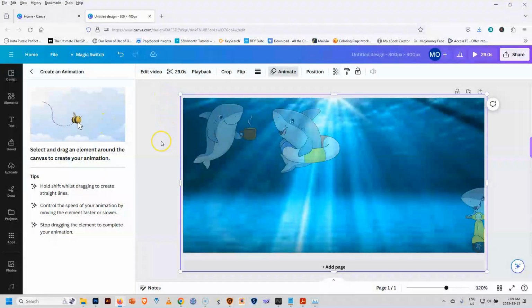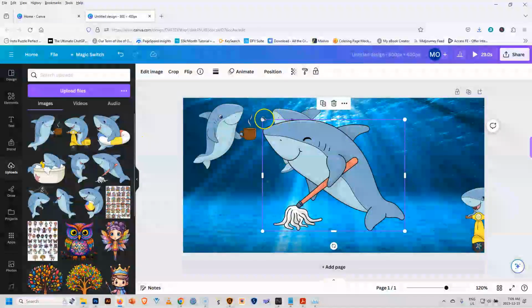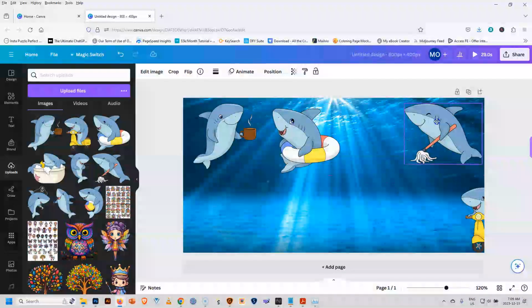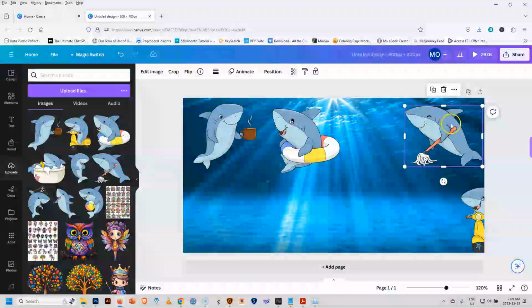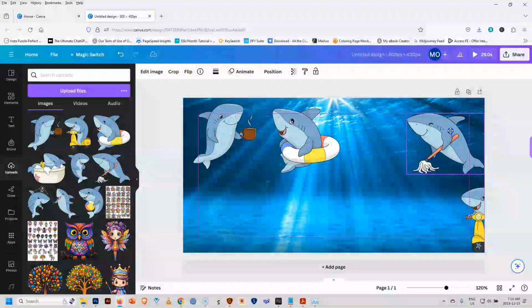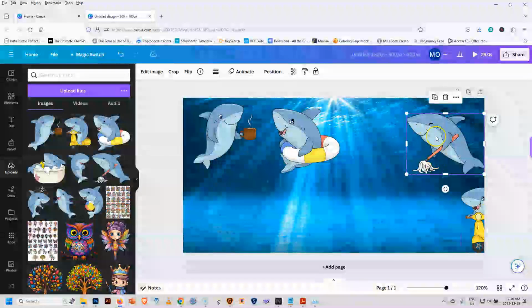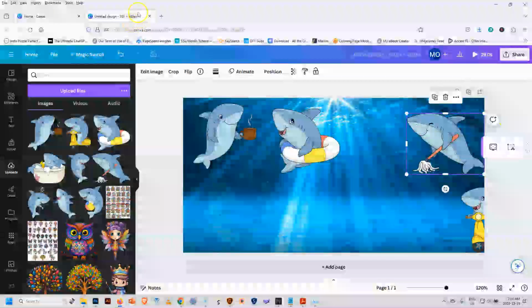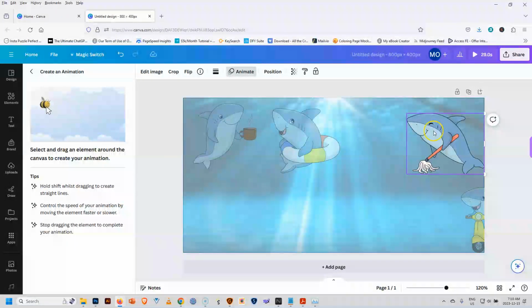Now, let's go back to uploads. And I'm going to have this guy come down and mop the floor. So I want him starting over here. And you've got to remember you have this animation in there, right? So you don't want him coming down right over it like that. Now he's moving pretty fast. So if I move this guy slow when I'm doing the animation, he'll have passed by the time he's coming down. So I'm going to go up to animate, create an animation, and then I'm going to just drag